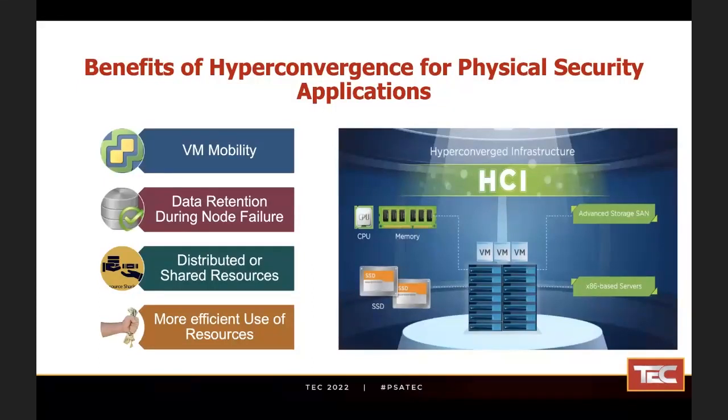We actually started down the road of hyperconvergence at BCD, but we realized that there were several things in a true HCI environment that were not only cost prohibitive, but performance prohibitive. So the concept is we create numerous servers that share resource pools, that have the ability to move the VMs between nodes on failure, that are going to retain the data in the event that a node fails, that are going to distribute or share resources, and more importantly, get a more efficient use of the resources